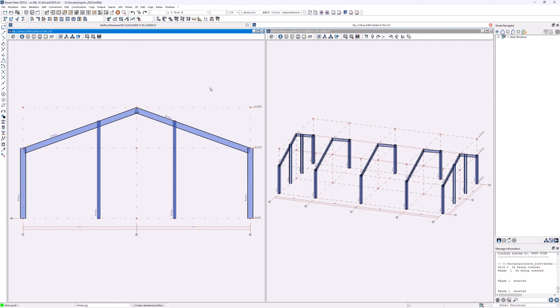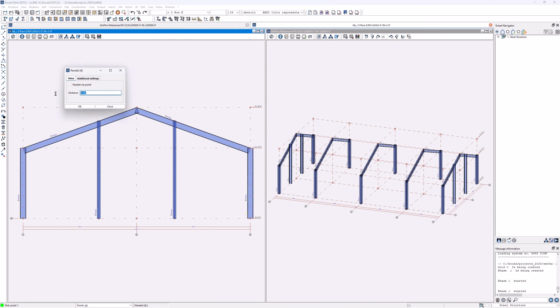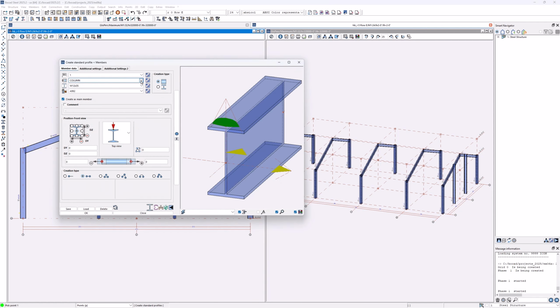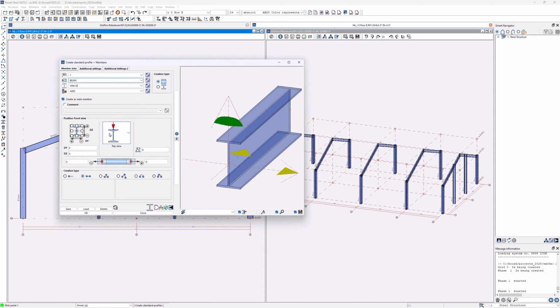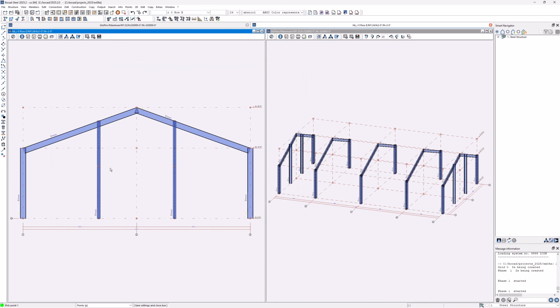While I'm here, I might as well fit in that lintel or that intermediate beam. Points, parallel, 9 feet 8 inches, 1 and 2, so we have the references over there, and member create, let's call it beam. That will be an 8 by 13. We're looking at this from a front perspective on the right side of the points 1 and